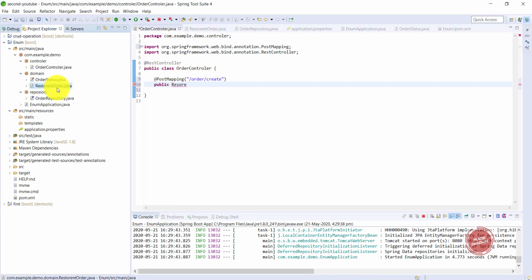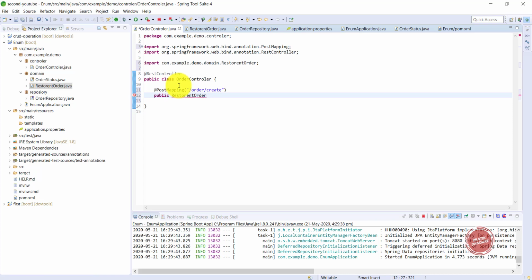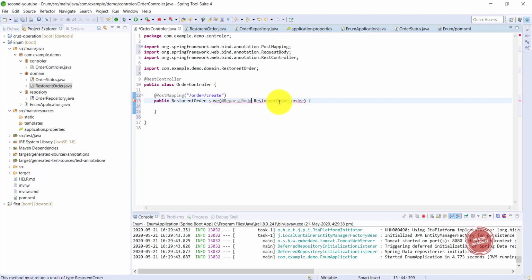I'm copying this and putting it here, restaurant order. The method name is save, which takes a parameter as a restaurant order. I'm using the annotation called RequestBody.